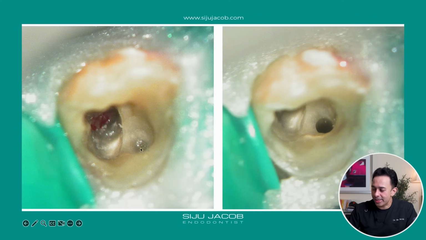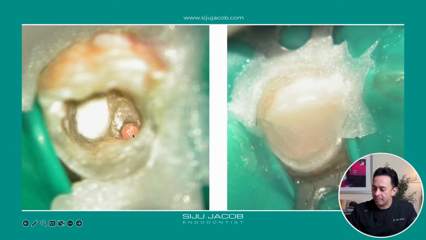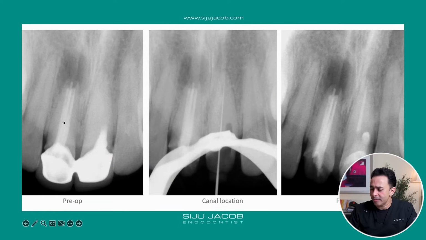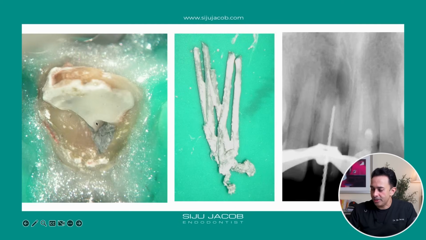We located the missed canal there, so that was the canal, and then we sealed the perforation with MTA, and then that's the gutta percha in the actual canal, and that's the MTA, repaired the perforation with MTA, and then closed this with a permanent restoration. So this is the process, and you can see here, that's the restoration of that tooth there, that's the repair of the perforation. And then we went on to this tooth. We removed all the gutta percha there. You can see we removed it up, and that's the tooth.